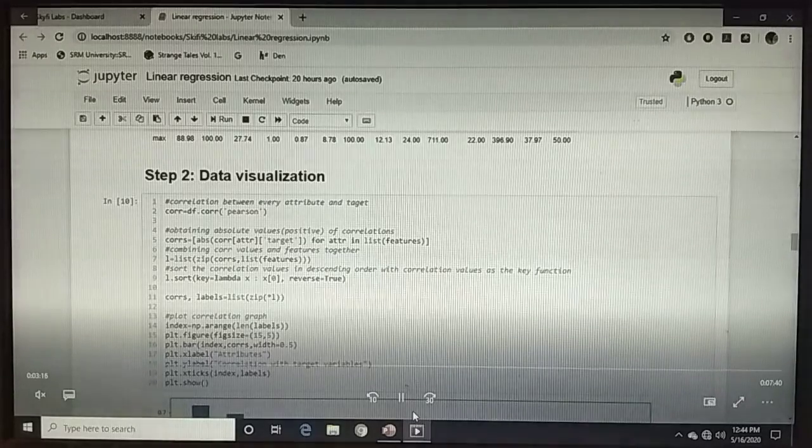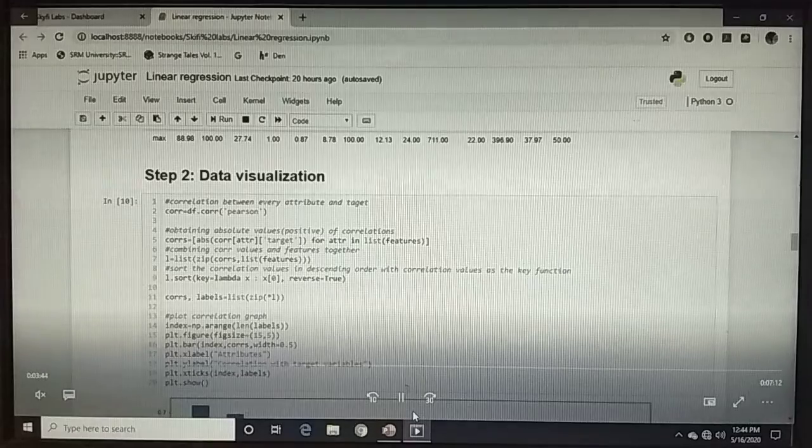I can use different types of correlation, but using Pearson here I will obtain the absolute value for each attribute in the feature list and put them together in a list with the correlation value. Then I will sort them, and I can just use the matplotlib library to plot the graph against the attributes and see how they are dependent.